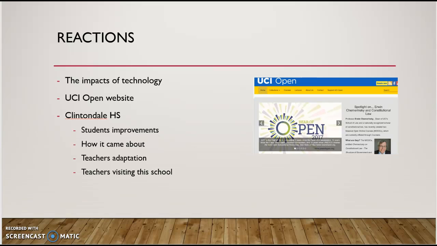It also caught my attention how teachers had trouble trying to adapt, especially teachers who had been teaching for about 25 years. They're not accustomed to integrating technology into their classrooms. So it was interesting to see them not completely feel comfortable with the flipped classroom, but they did see a positive outcome using the flipped classroom.